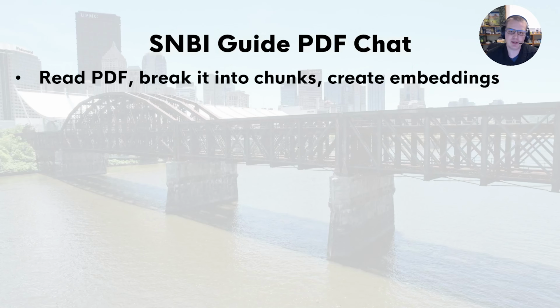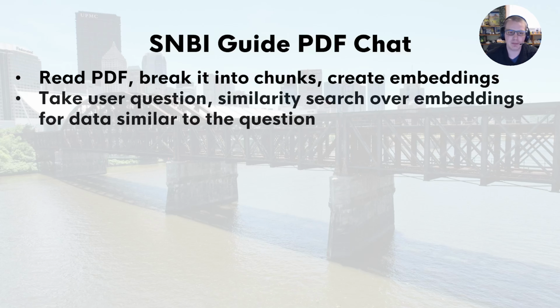Before that, we actually made the SNBI Guide PDF chat, but the NL to SQL part was a little bit more in depth, and I was able to explain that. Working backwards, the idea is that we read a PDF, break it into chunks or paragraphs, and create these things called embeddings. Embeddings you can think of as nuggets of information. They're basically like paragraphs, so that we can search and provide that RAG pattern to get relevant information